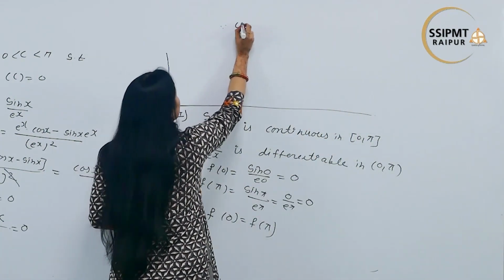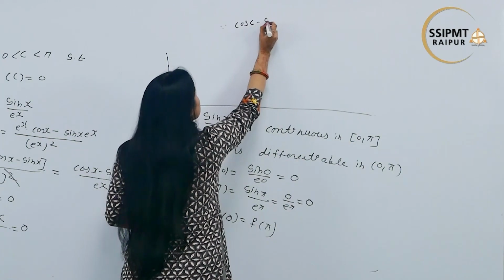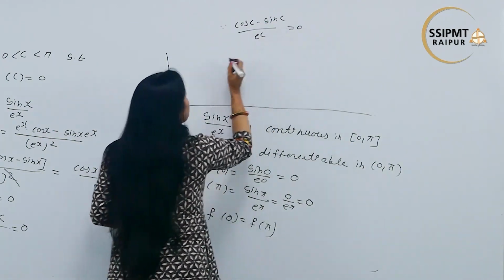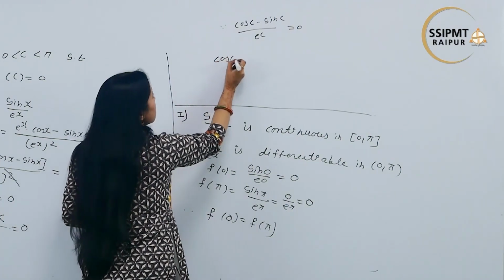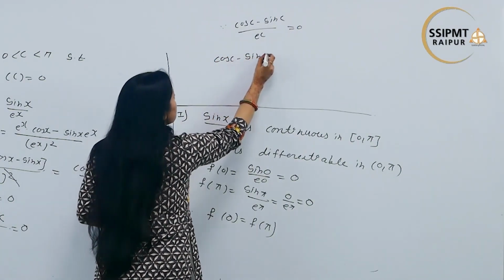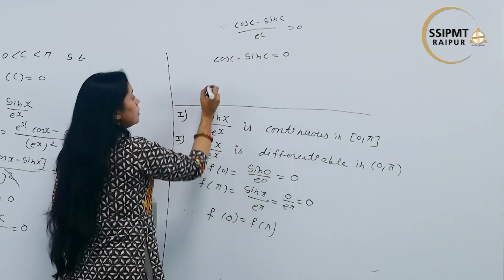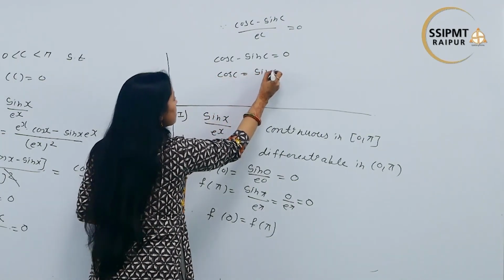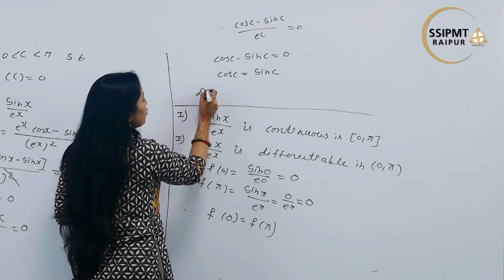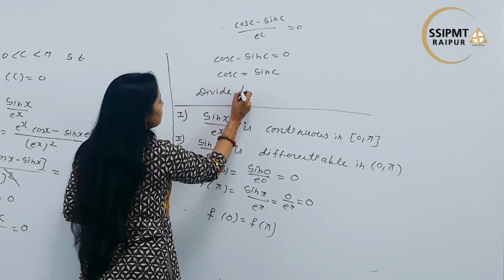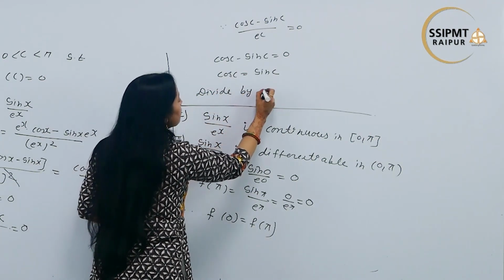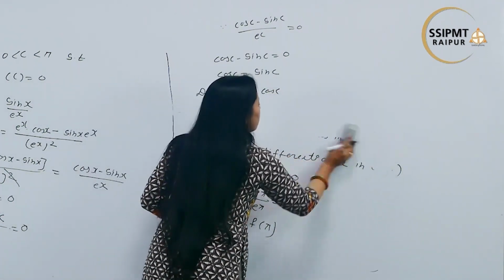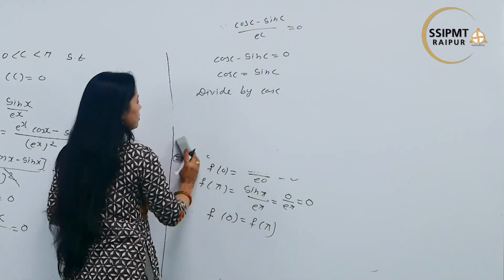Since (cos c minus sin c) upon e to the power c is 0, that means cos c minus sin c is equal to 0. That means cos c is equal to sin c. Divide both sides by cos c. We obtain